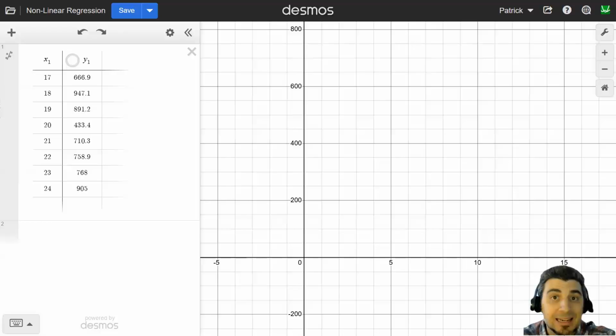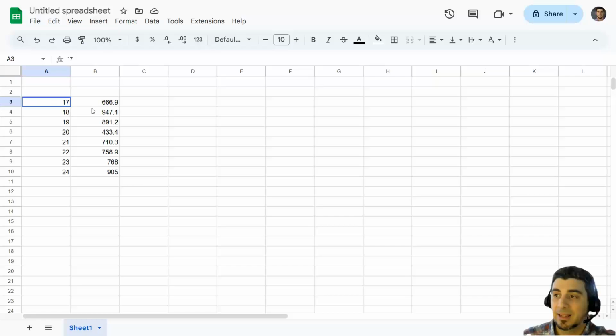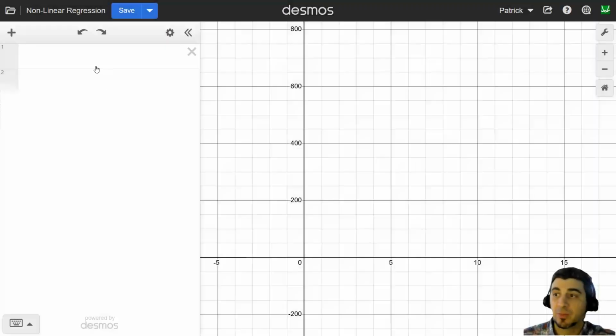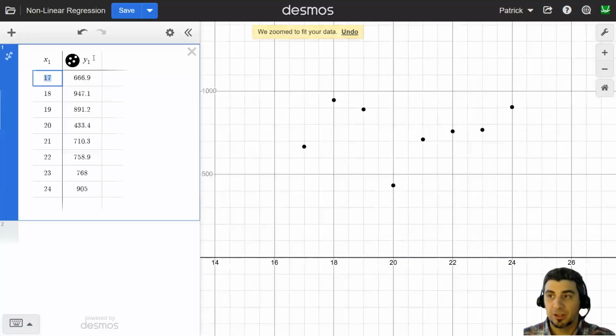Now, to get started, we need data. You can just type it in, but the pro move is to copy and paste it from your spreadsheet directly into a blank expression line right in Desmos. Here's my spreadsheet. I'm going to highlight the text, hit Control C, and it's copied to my clipboard. Now back over to Desmos, just click in a blank expression, Control V, boom, puts the whole table in there